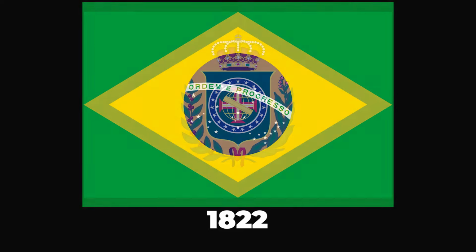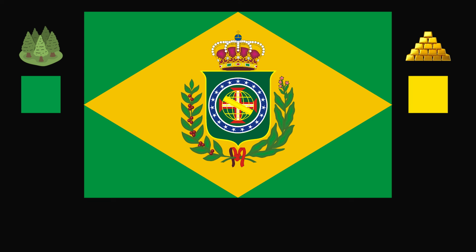Brazil's first flag of independence looked like this, the Brazilian Kingdom's flag, which was only flown for 75 days. Although their tones have slightly changed now, this is the origin of the green and yellow hues found in the flag of today. It is thought that Brazil's forests are represented by the color green, while its immense wealth, particularly in gold, is symbolized by the color yellow.